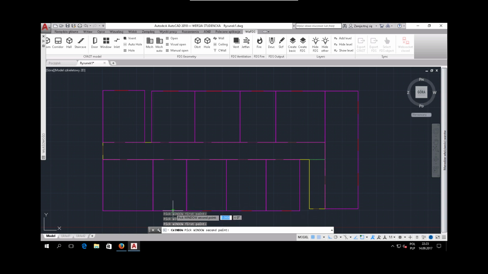And the last two windows. Okay, we are ready. So we have corridors, we have rooms, we have doors, we have windows. Let's say that in many cases this is enough for the layout, but in our case we also have